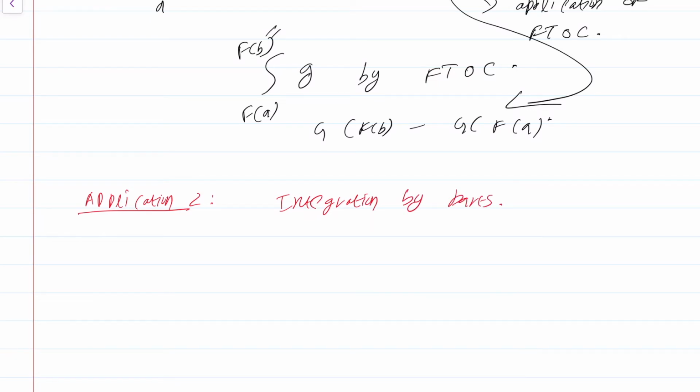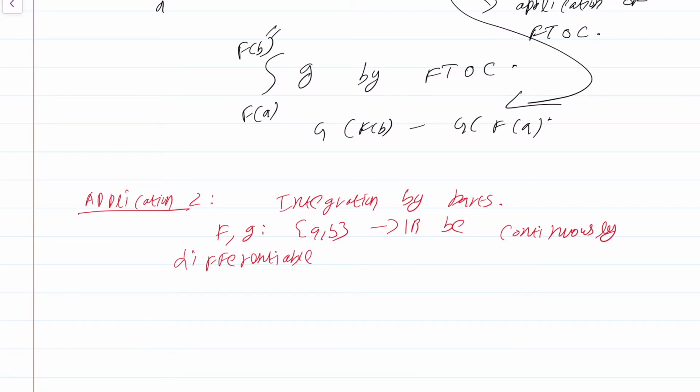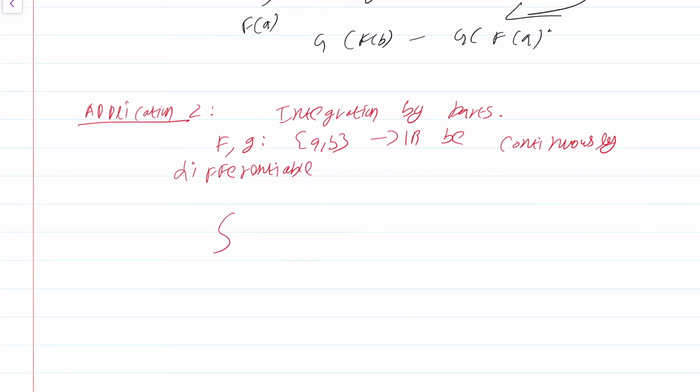What does integration by parts say? Let f, g from [a, b] to R be continuously differentiable. So take two functions f, g on the interval [a, b] that are continuously differentiable. What you are interested in is integrating f g prime from a to b. As we all know, the answer to this is nothing but